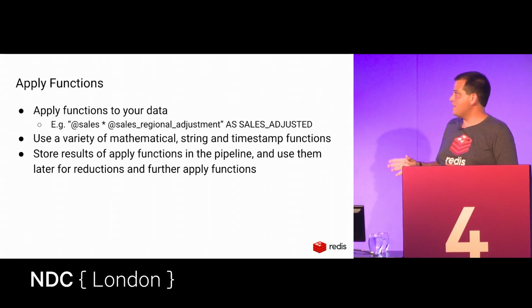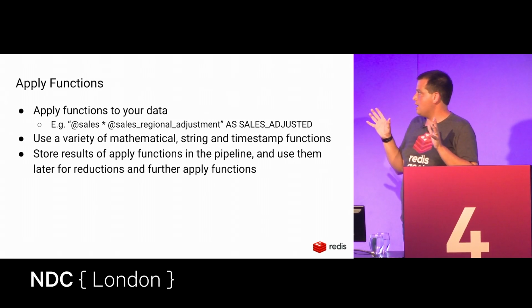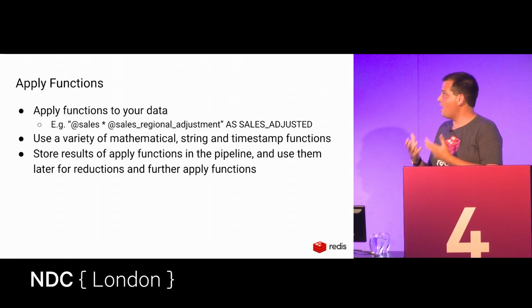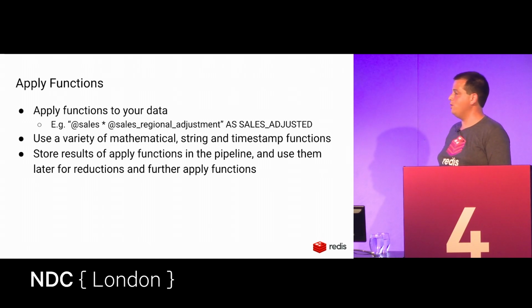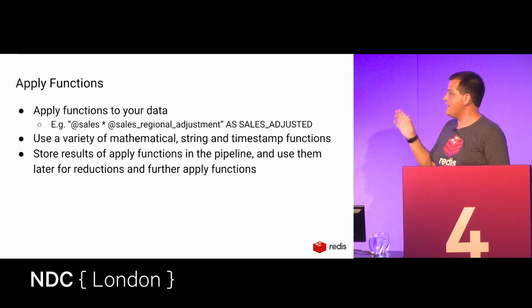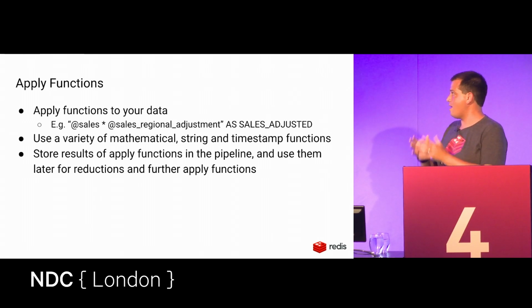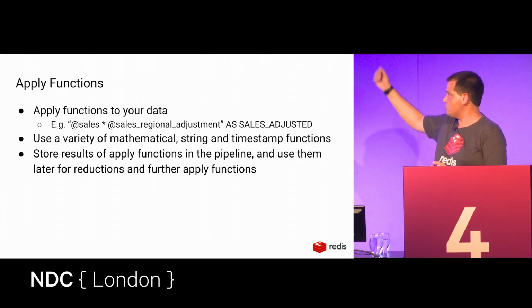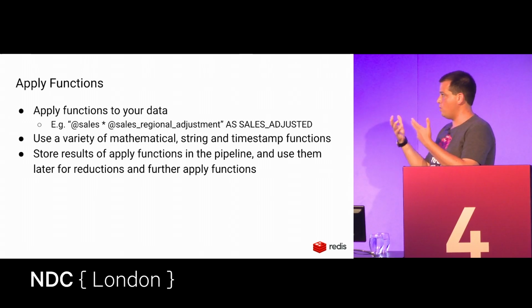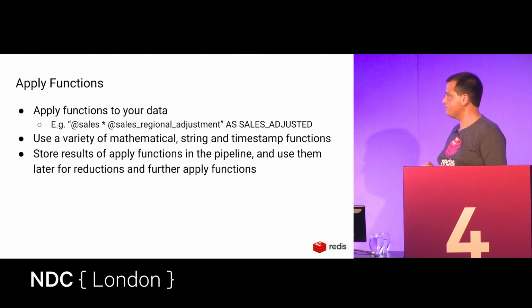The first type of thing that you can do in an aggregation is run apply functions. So you could apply a function to your data. For example, if you have an employee object that you have sales for, maybe a sales adjustment for a region, you can just take those two values within Redis and combine them together in this pipeline and create a new sales adjusted result